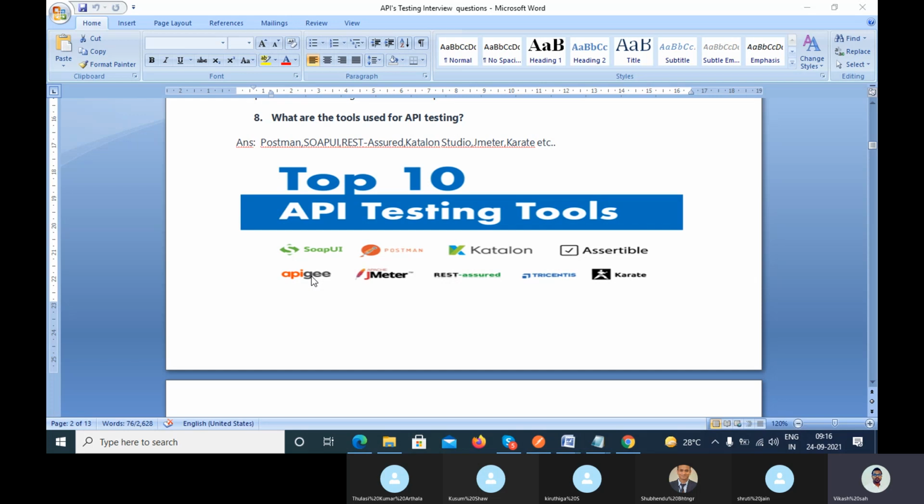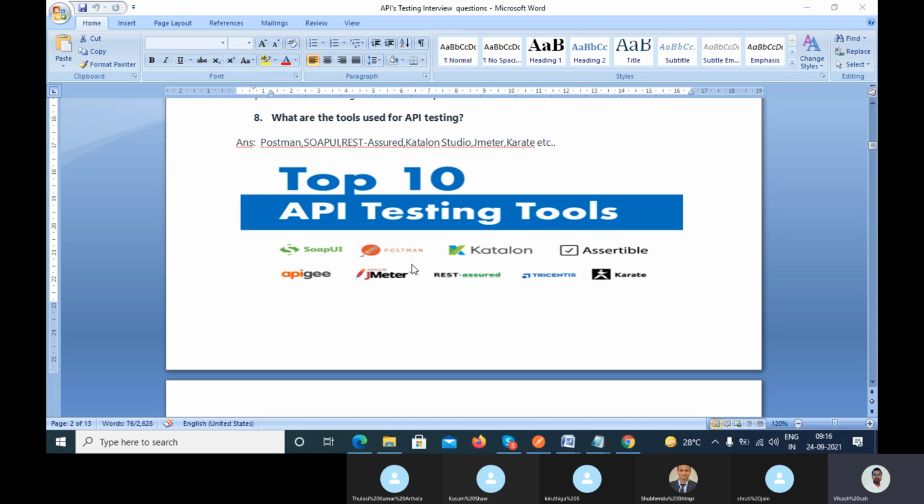You can also use APG to do the API testing. Katalon is one of the tools which is not frequently used in the market. Katalon, Assertible, Tricentis, Karate: these are rarely used, not even in 1 of 10 customers.